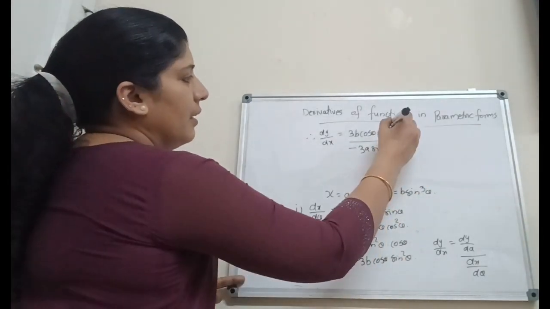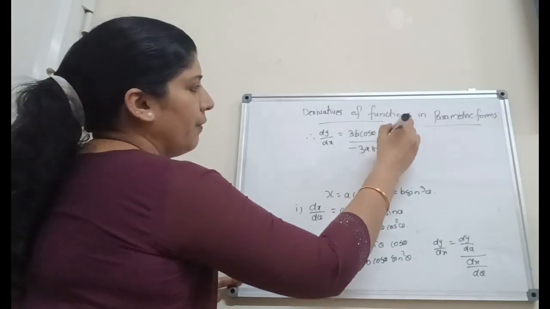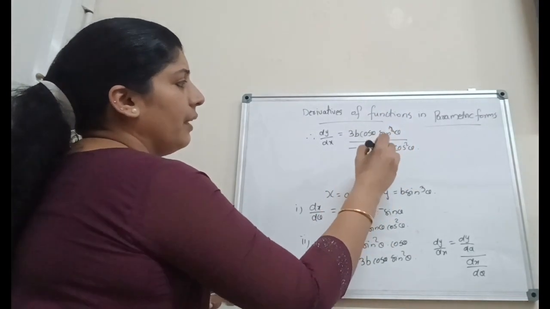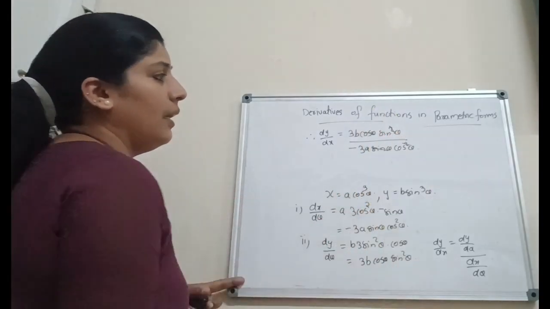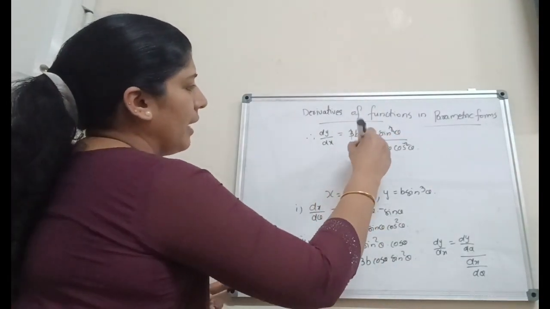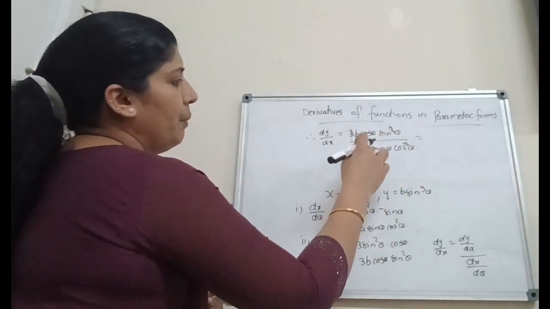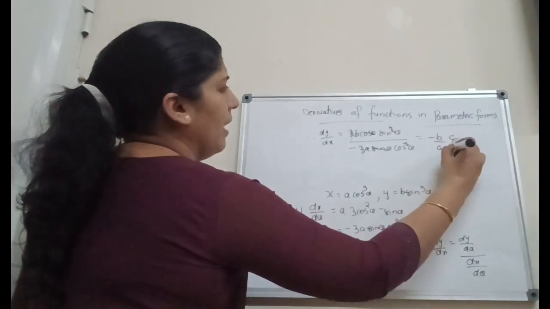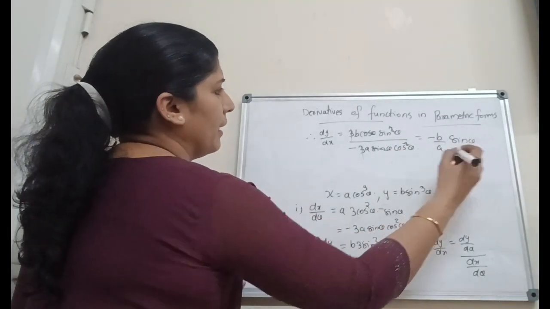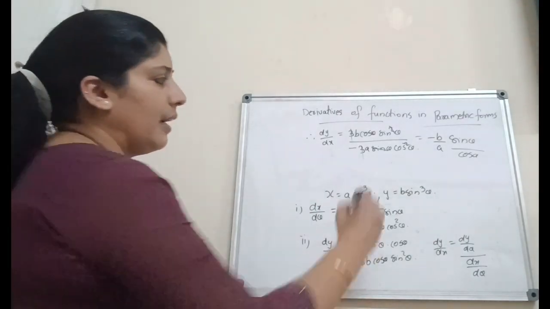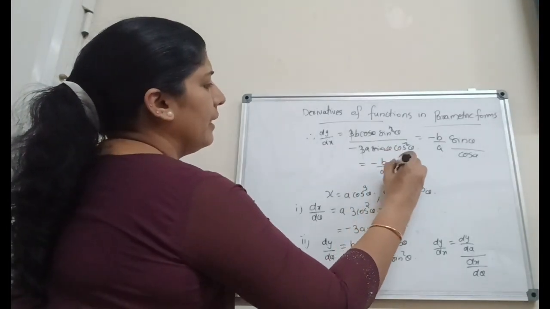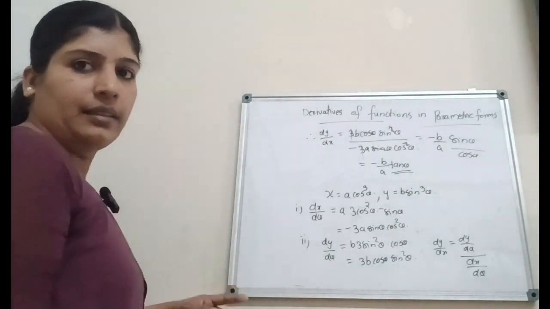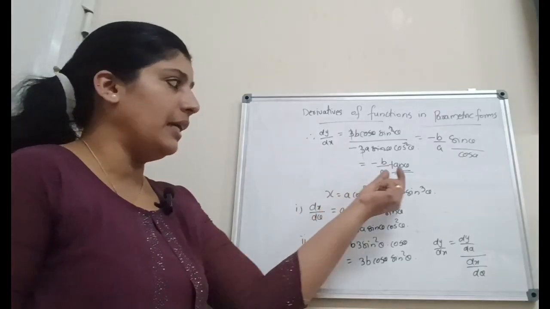Now here sin square theta on the numerator and sin theta on the denominator. Therefore 1 sin theta remaining on the numerator, and cos theta on the numerator and cos square theta on the denominator. Then 1 cos theta remaining on the denominator. Now here 3 cancelled. That is it is equal to b by minus a, that is minus b by a into the numerator sin theta is remaining, that is sin theta divided by the denominator cos theta is remaining. We know that sin theta by cos theta is tan theta, that is equal to minus b by a tan theta. Therefore the second question is dy by dx equal to minus b by a tan theta. That is show that dy by dx equal to minus b by a tan theta is the second question.